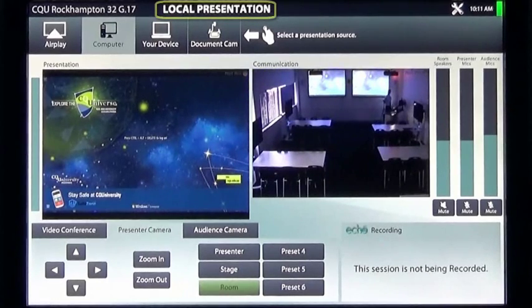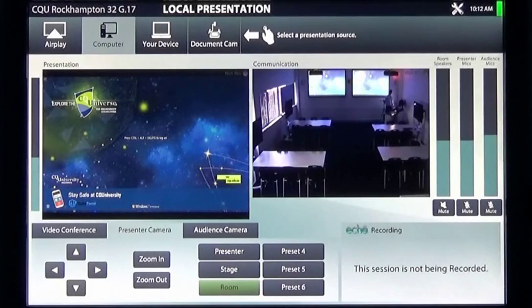The ISL control panel starts in local presentation mode. In local presentation mode, presentation content appears on both displays in an ISL space. ISL spaces support 2 other modes: conference audience when first joining a video conference, and conference presentation when presenting to a video conference. Scheduled video conferences start automatically. No action is required by the presenter.